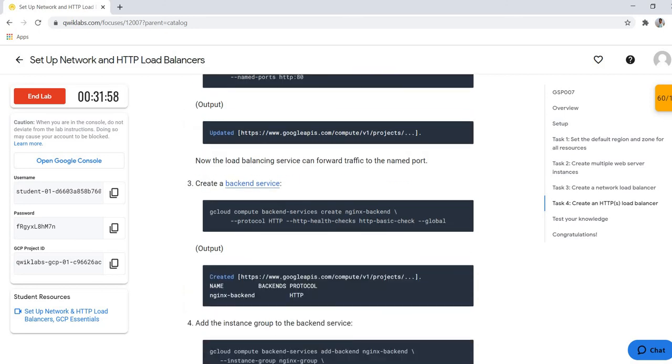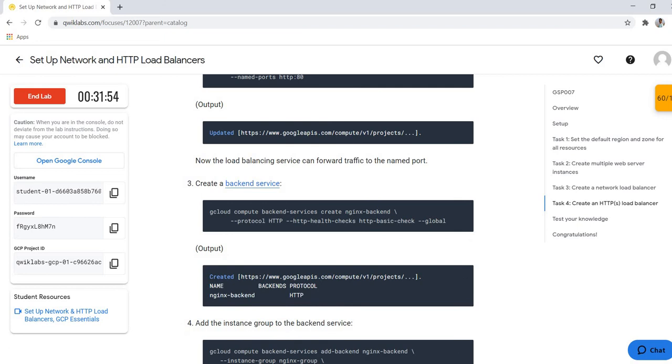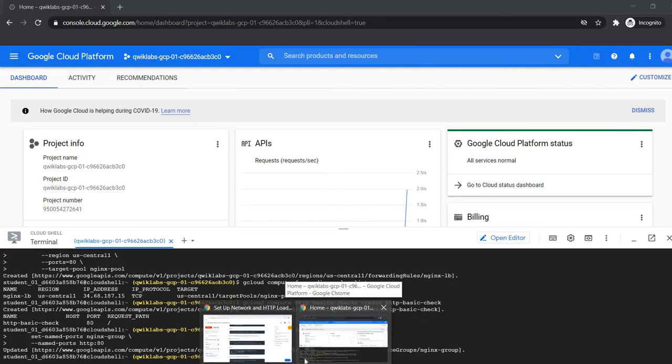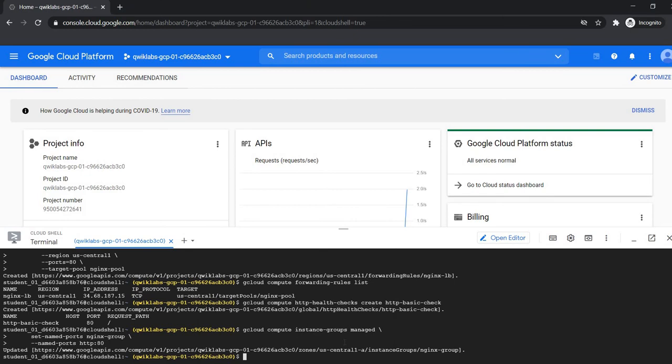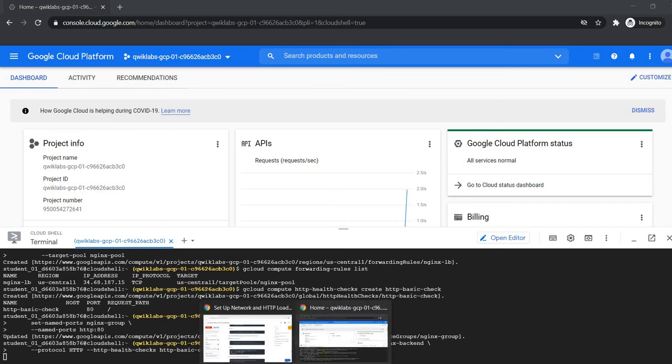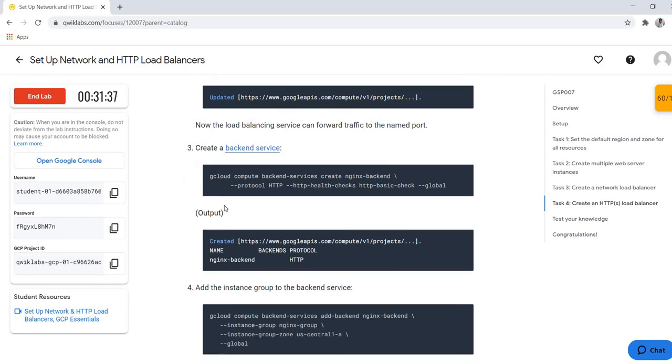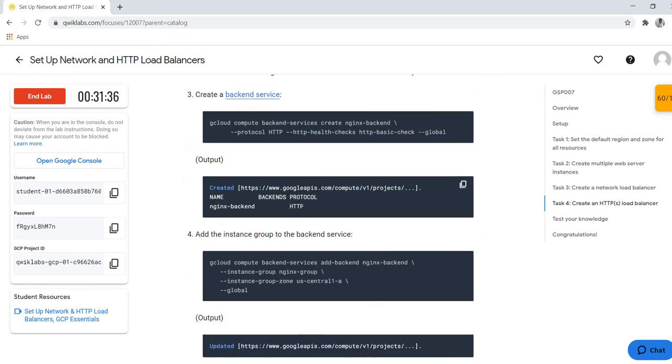Okay, here is the instance group I have just created, and create one backend service, so that you can understand each and every term very easily. So I have completed one backend service.